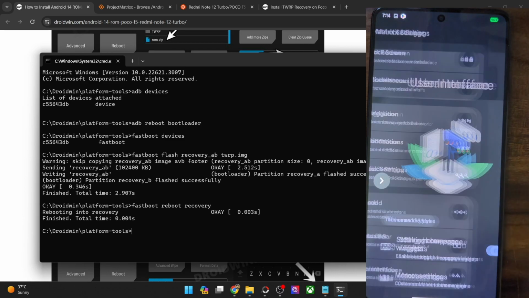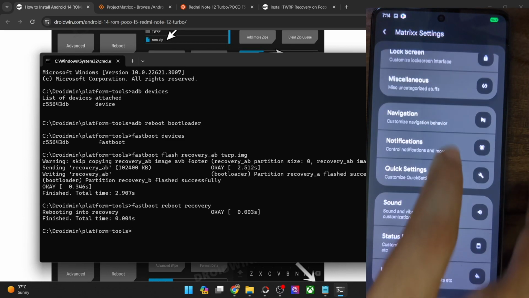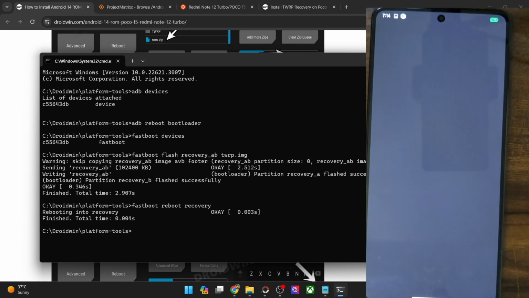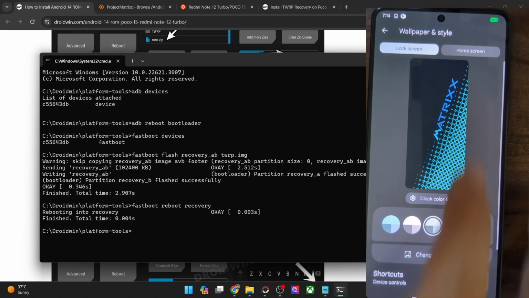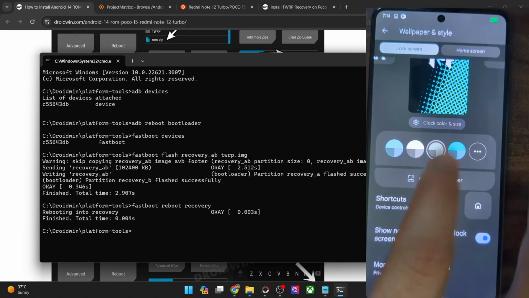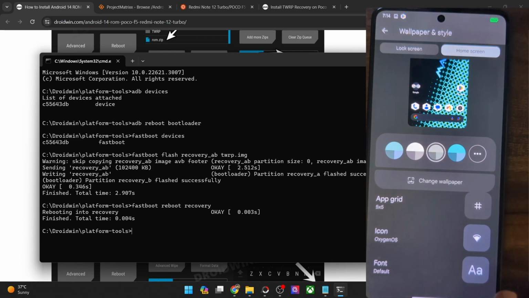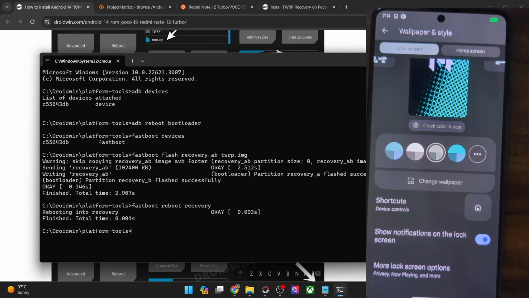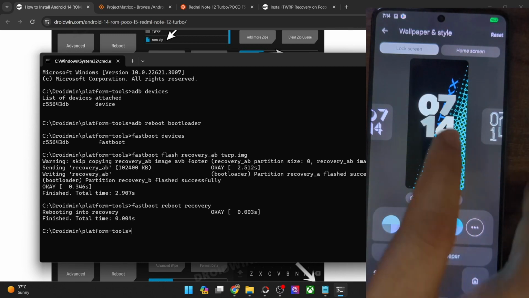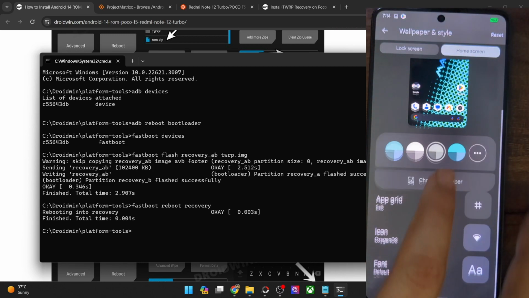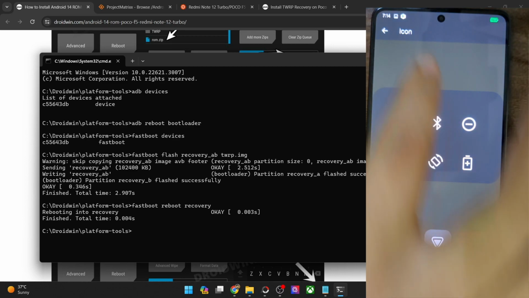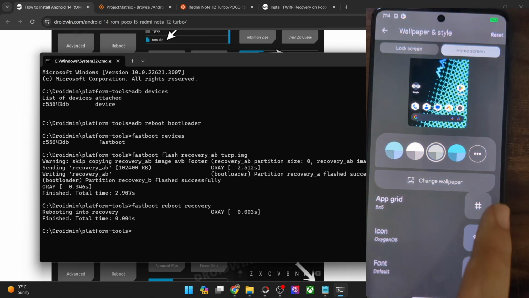And apart from that, you may also enable themed icons. For that, you will have to go to the wallpaper and style section, and from here simply go to the home screen, and from here you may change the font style. And okay, so there is no option to enable themed icons. That's quite strange to see. Anyways, you may change the icon style from here, and apart from the icon style, you have the app grid